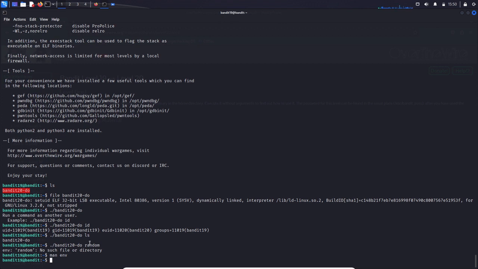So one way we can do that is we already know that the passwords are stored in etc bandit pass. So let's try to snag the password for bandit 20 since we know this program is running as bandit 20, right? So we're going to say bandit 20 do, and then I'm going to specify, I'm going to say cat etc bandit pass